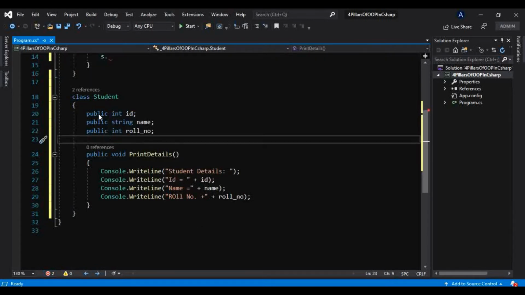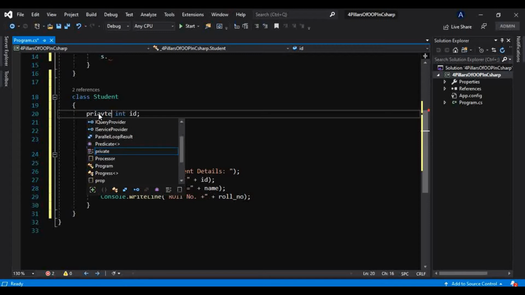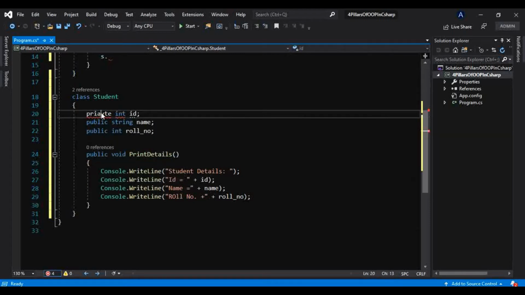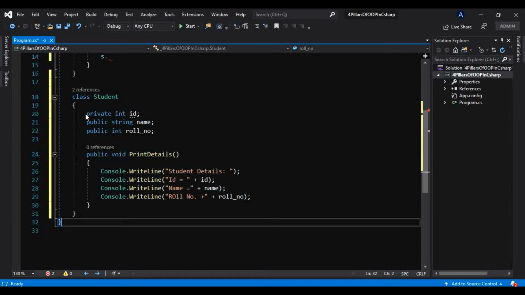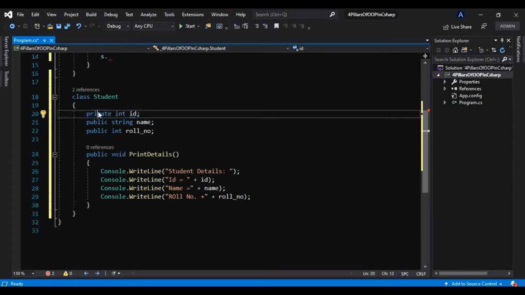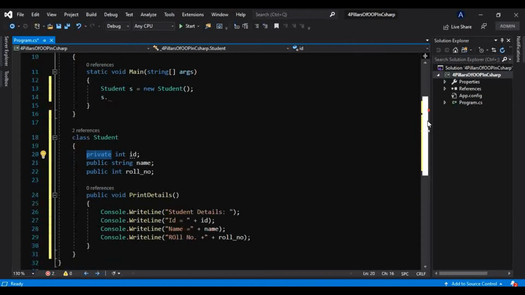But keep in mind, what if I had made this private instead of public? Then we know private cannot be accessed outside this class, meaning anyone who wants to use this field cannot use it if it is private. We have learned what private and public are. Anyway, we will be learning in great detail about all the access modifiers used in C#, that is public, private, protected, internal. But we know the basic access modifiers, private and public, that we learned in previous tutorial videos.